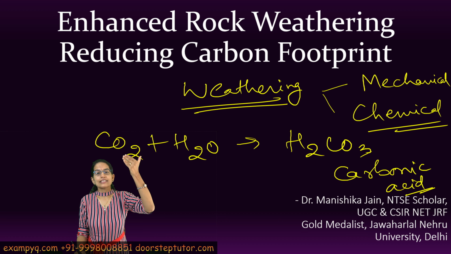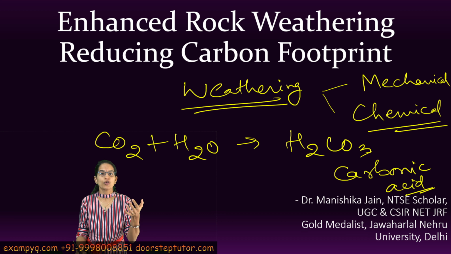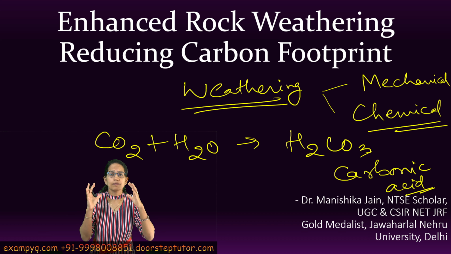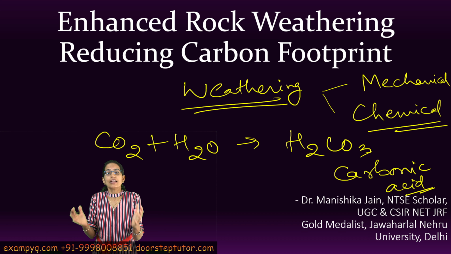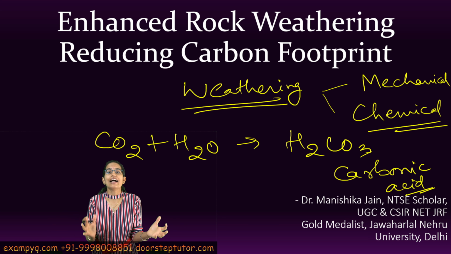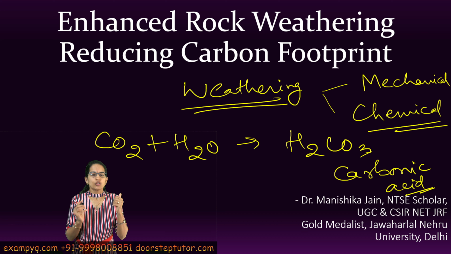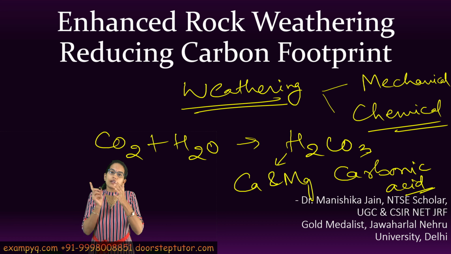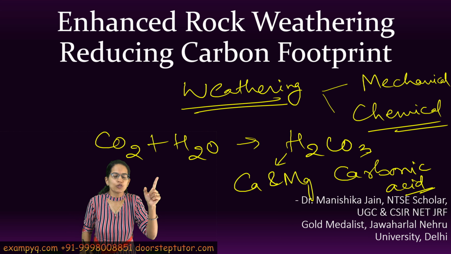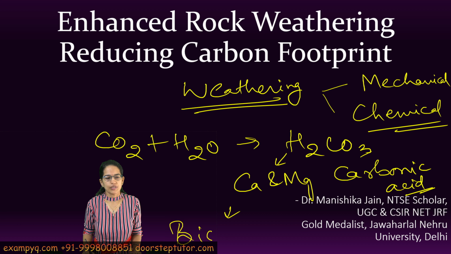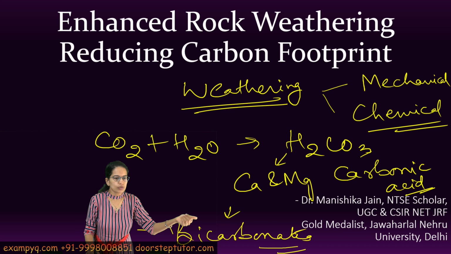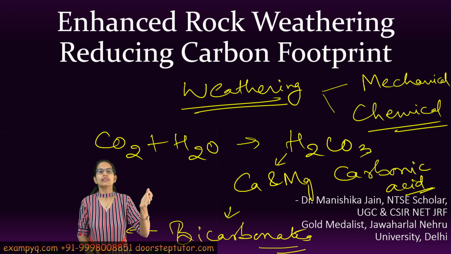Now when this rain falls on the ground, what would happen? These rock structures, these sand particles, the existing structures are made up of what? They are made up of calcium and magnesium. So this calcium and magnesium reacts with this carbonic acid. As a result, what would it form? It would form bicarbonates. Now these bicarbonates are harmless. Good. Now these bicarbonates get blown away or move along with the water.